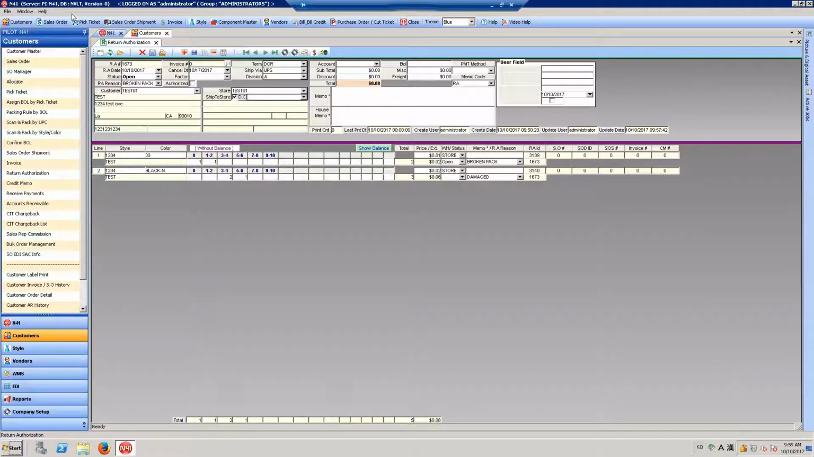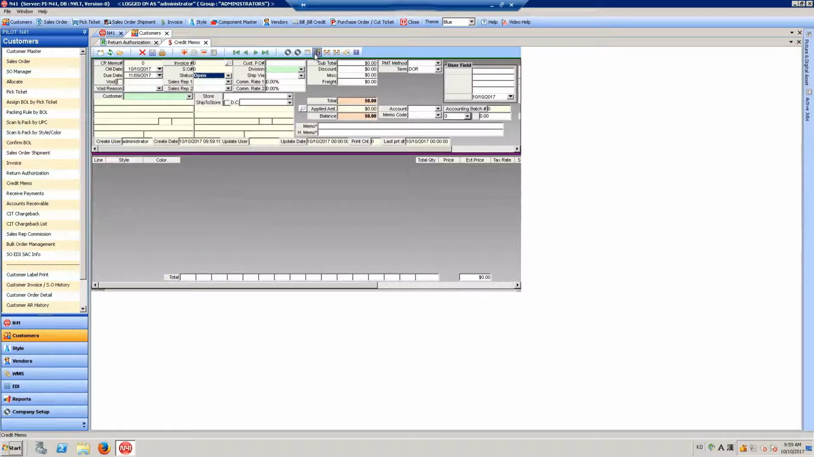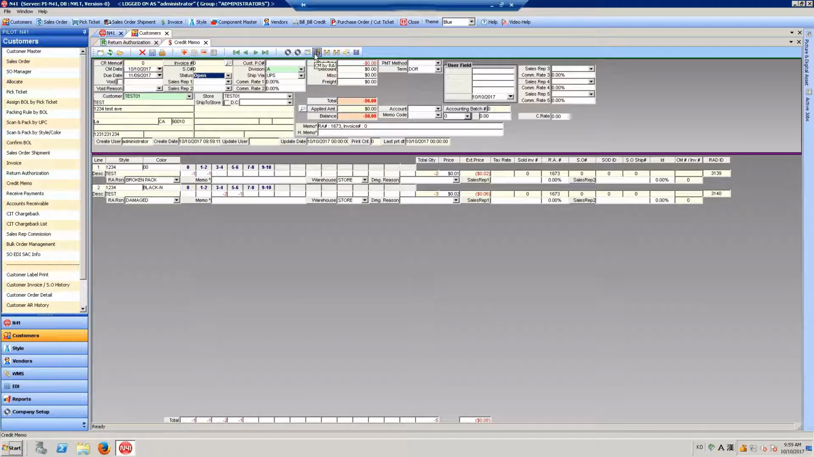Your RA will now be open on your screen. You can now select the Create CM icon to generate your credit memo. Once you have verified that all information on the credit memo is correct, click Save to save the credit memo